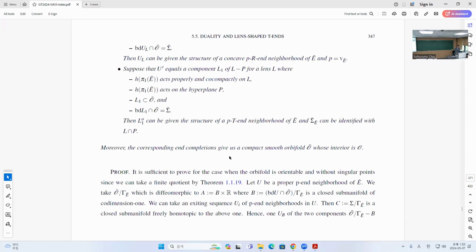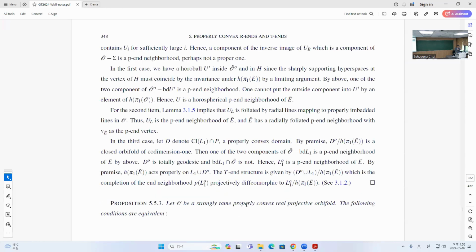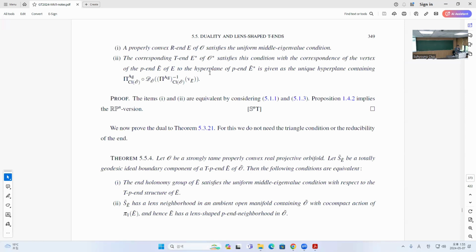And then here I talk about the duality. So if you have some Rn satisfying the uniform middle eigenvalue condition, then the dual is a Tn with the uniform middle eigenvalue condition, and there is the correspondence of the hyperplane here. Next, if you have some n fundamentally satisfying the uniform middle eigenvalue condition, and then C is some lens neighborhood with the lens P neighborhood, then